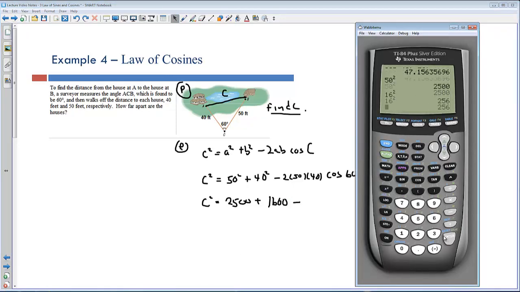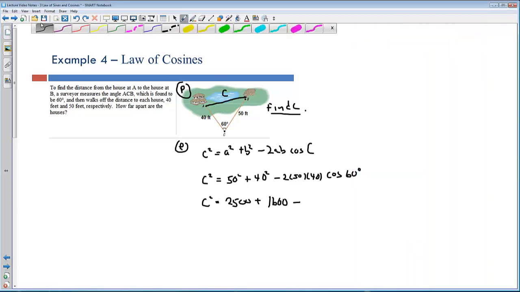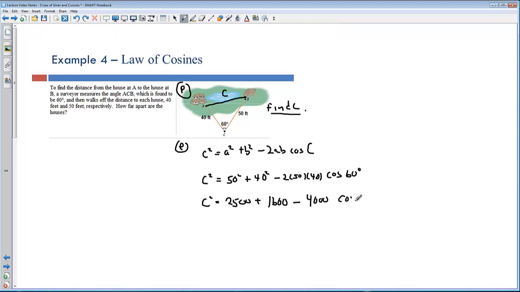We can check that just to make sure I didn't make a silly mistake. So 40 squared, which is 1,600. That's good. So then 2 times 50 times 40 is equal to 4,000. So we can write 4,000 there, and then cosine of 60 degrees. And so what does that leave us with? So C squared is equal to 2,500 plus 1,600, so 4,100, minus 4,000